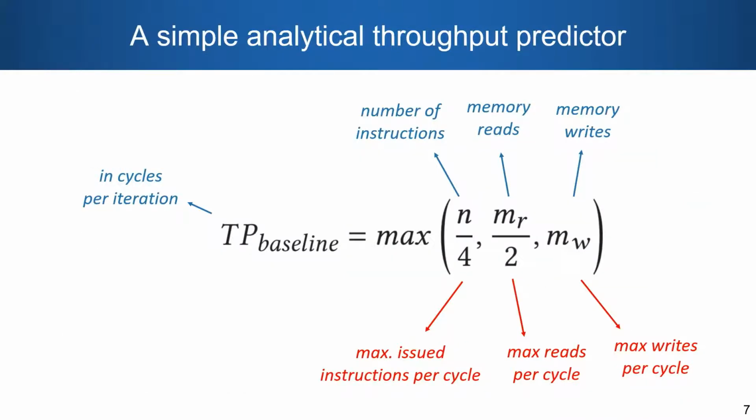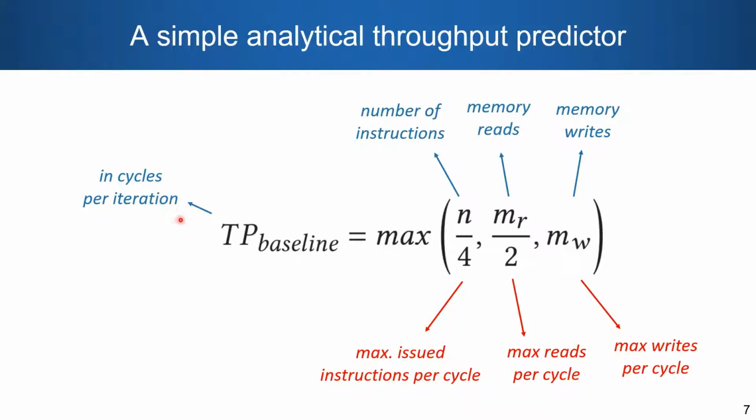And to answer this question, we have developed a very simple analytical throughput predictor that we can use as a baseline. And so this predictor predicts the throughput. Here we assume that throughput is the average number of cycles per iteration when executing the basic block repeatedly. Later in the talk, we will look at a more precise definition of throughput, but for now,